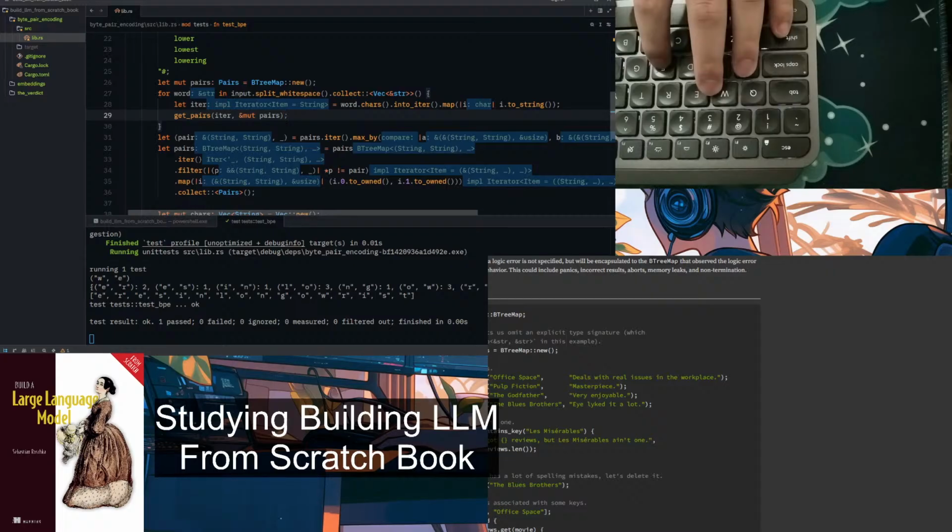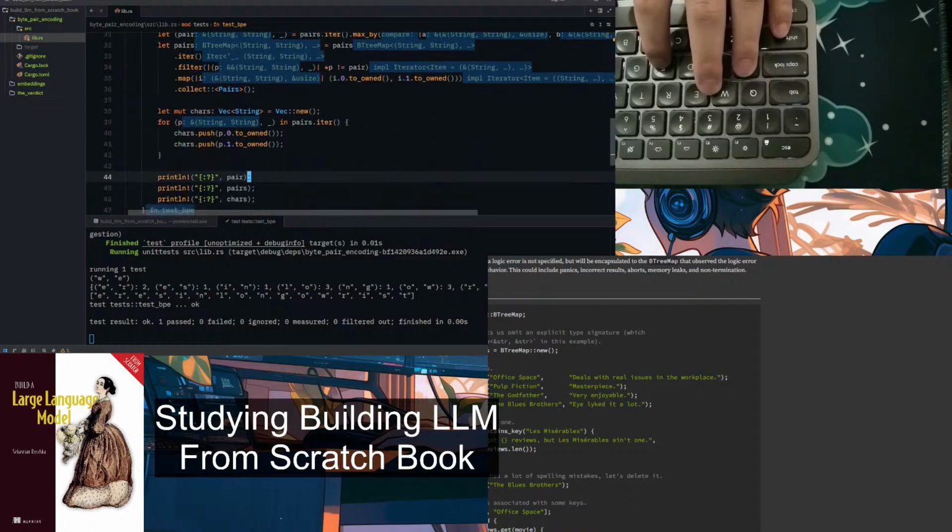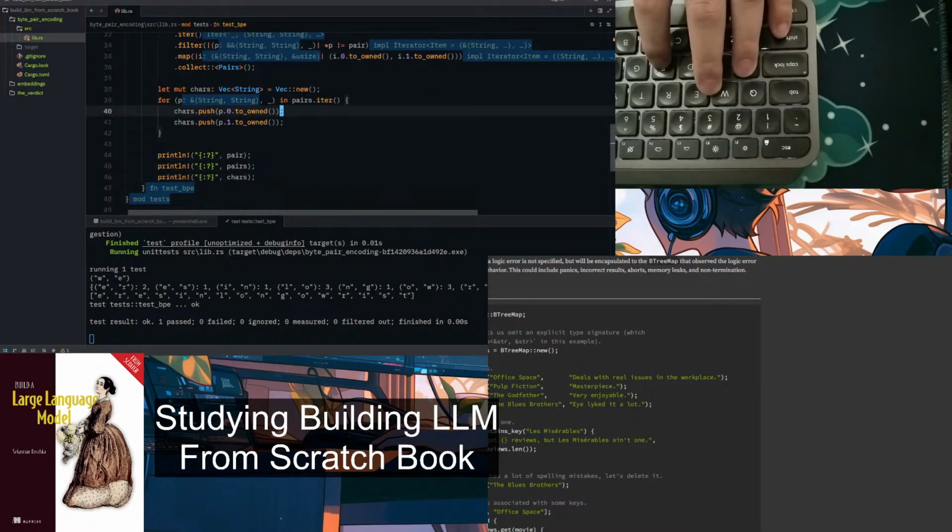I guess if we have it here, we can now have these pairs. So we have the characters. We can now push the